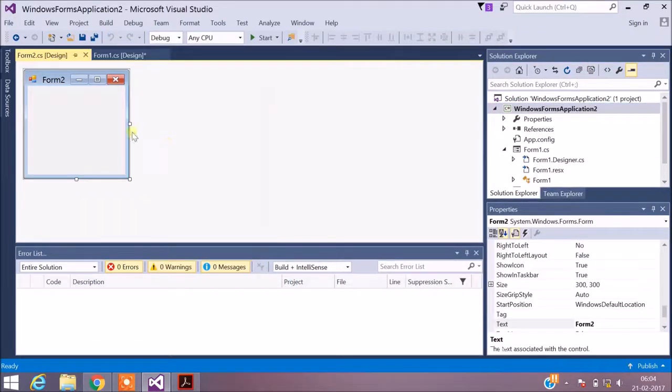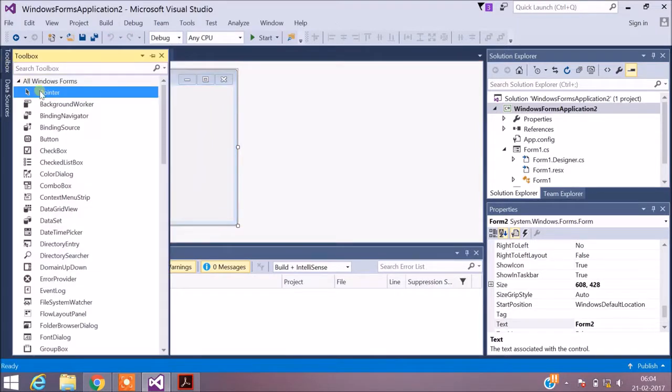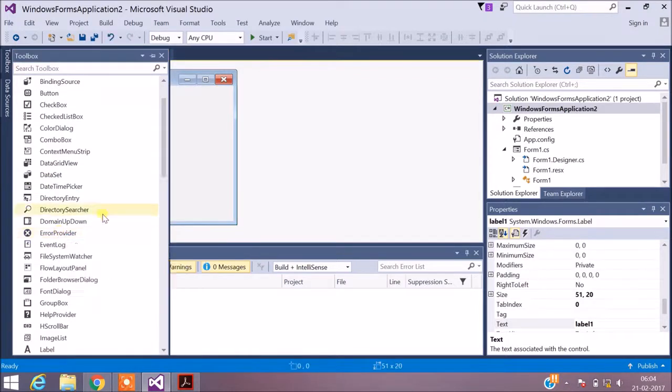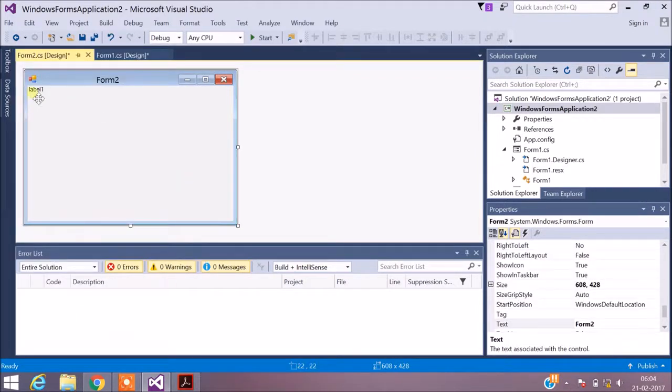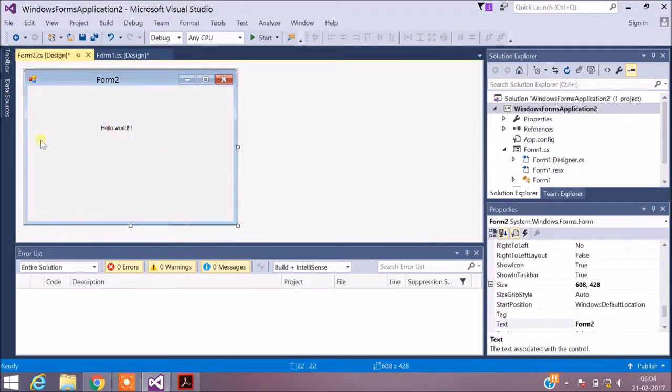So this is Form2. Let me display some kind of a message. I will select a label, and in the label I'm going to type a message here. Okay, so this is my second form.